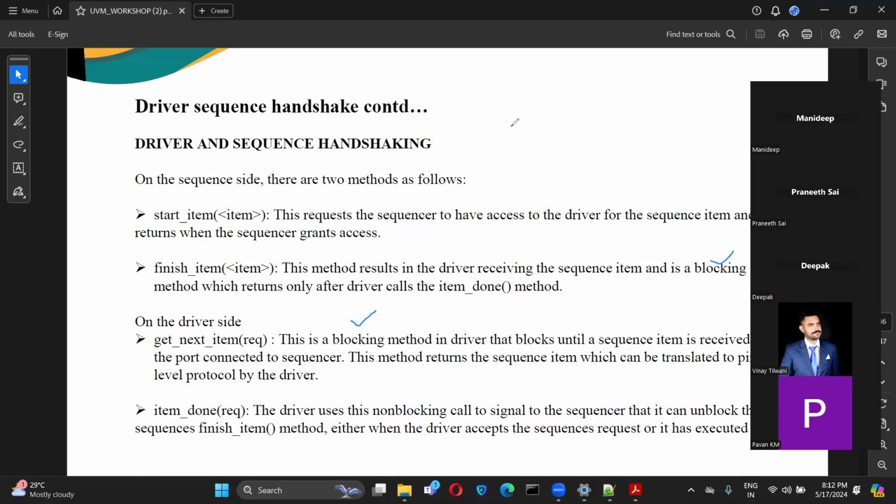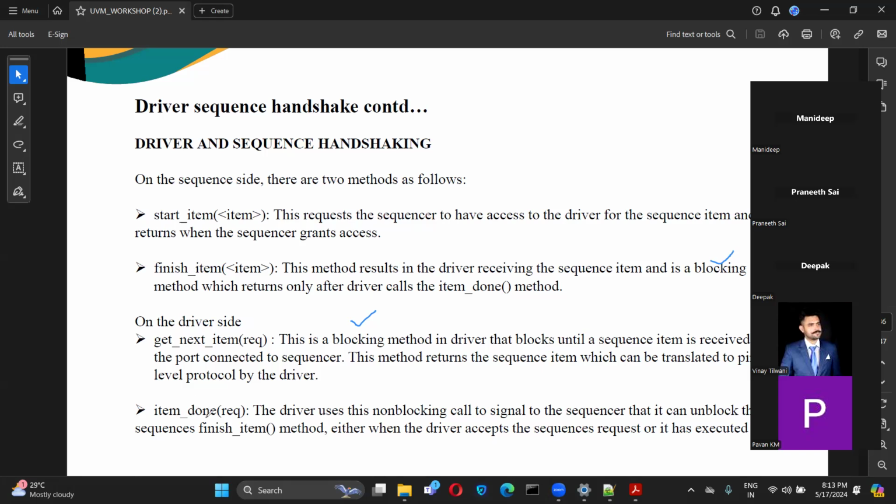In that execution, whatever sequence items are there will be converted into the pin level activity. Yesterday we were telling, right, the transactions will be converted into the pin level activity. So after get next item, in those statements, it will get converted into the pin level activity. Then once the method returns a sequence item which is translated to the pin level activity, we also have the other method called item done. So this finish item will be waiting for this item done.